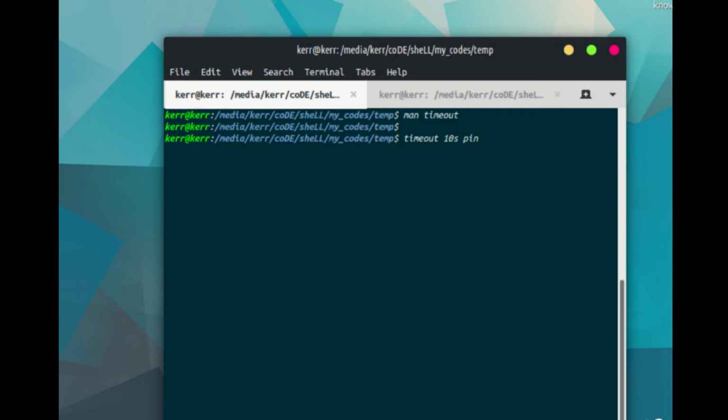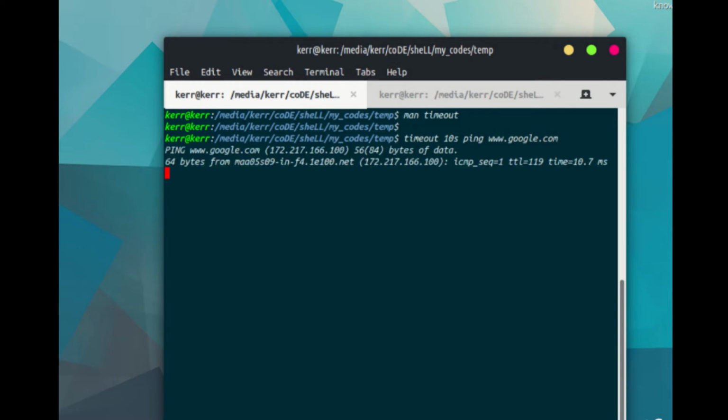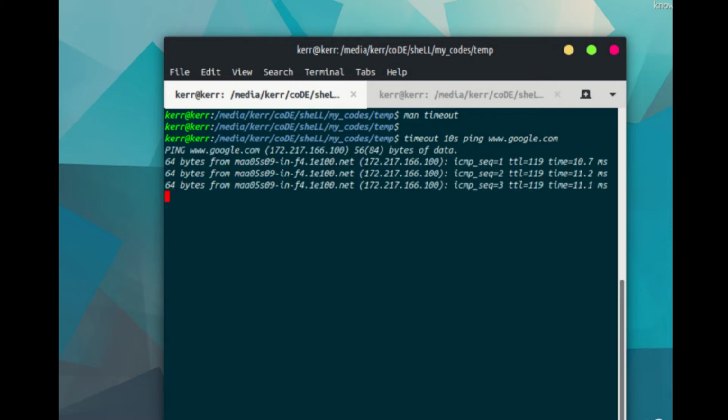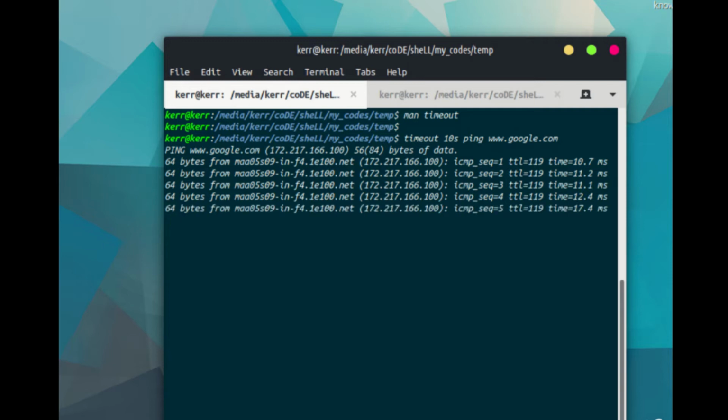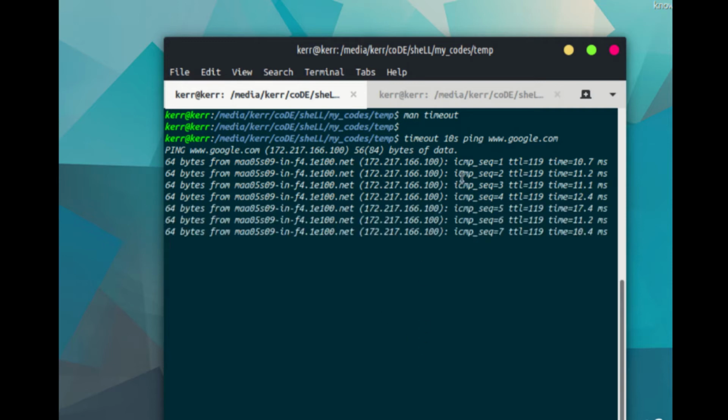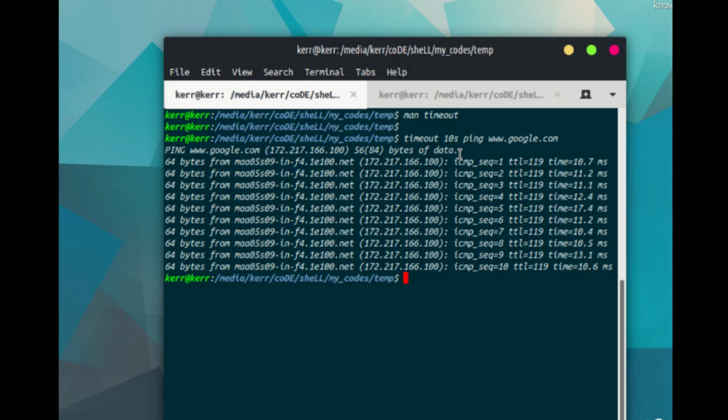So you want to ping the Google server. So you can see guys, that script basically starts running, and it will just run for 10 seconds. After 10 seconds it will be encountered with a kill signal, and that process will be killed automatically